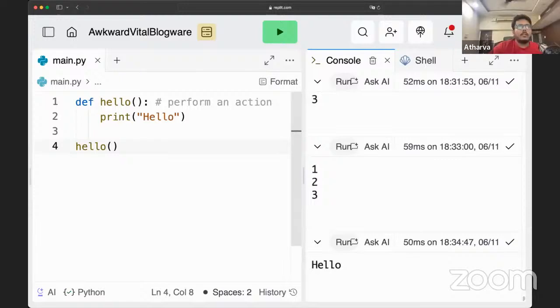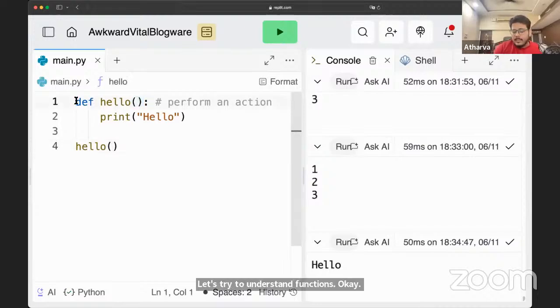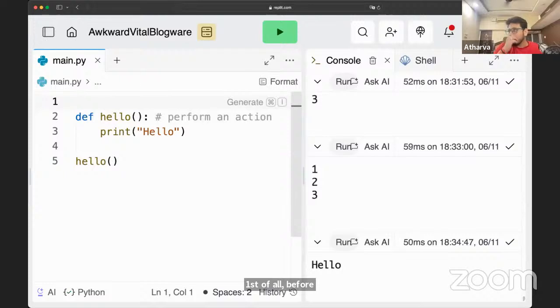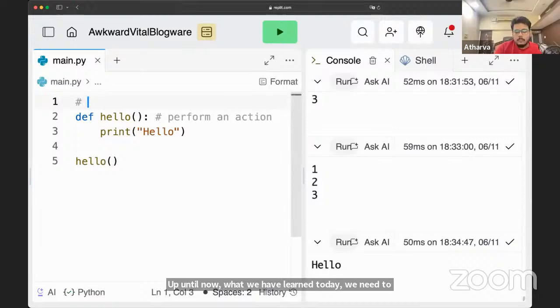Guys, let's try to understand functions. First of all, before understanding functions, there are a few things you need to understand. Up until now, what we have learned today, you need to understand the use case of that. There are a few things we need to remember.